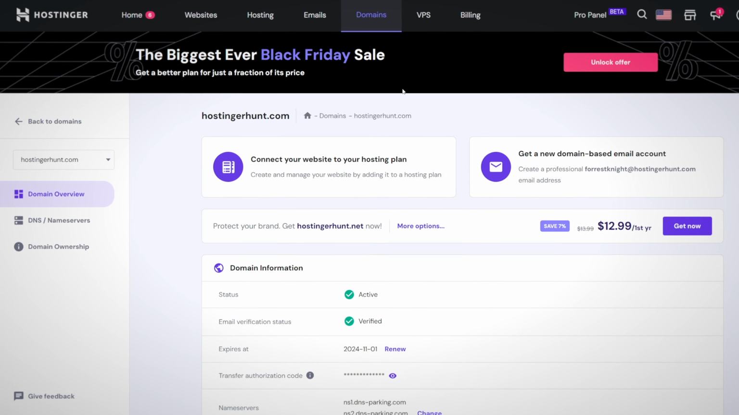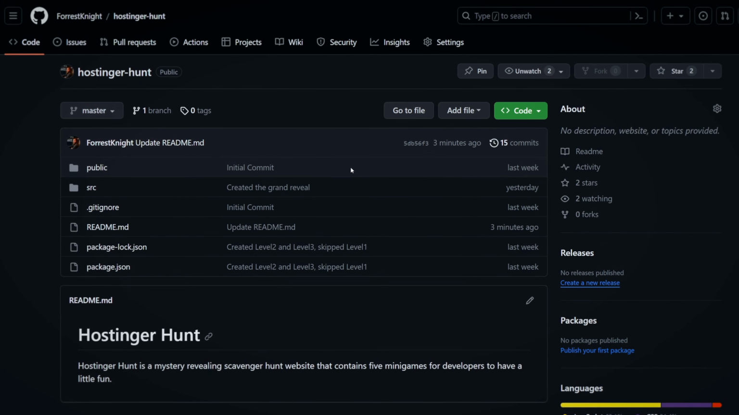The tools used are VS Code for obvious reasons, WSL Ubuntu because I can't be bothered with the absolute garbage that is Windows development, Hostinger for web hosting, the sponsor of today's video, GitHub for version control, and GitHub Actions